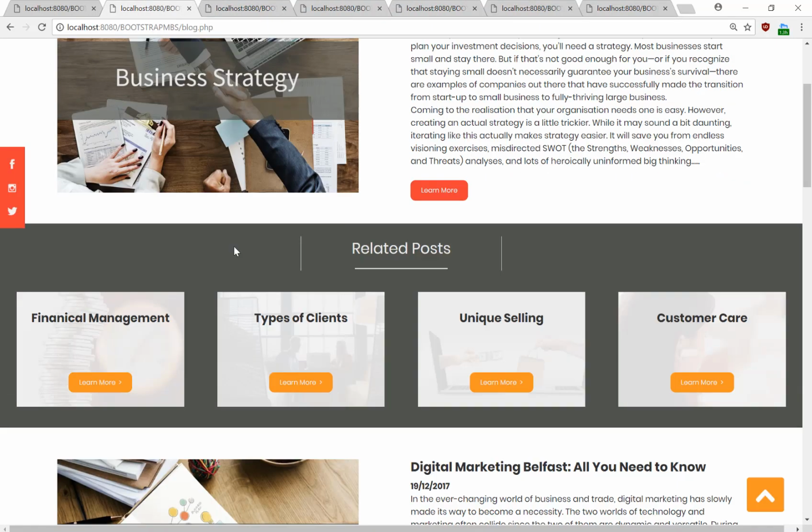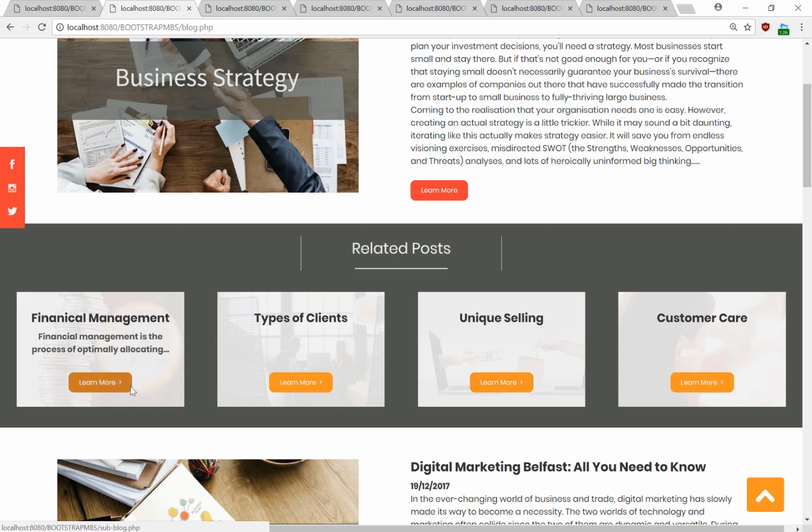And this section below the above blog are directly related to the business strategy, which we've seen above. So when the user hovers over this area, the opacity of the images change, and a description of each section appears once you hover over that direct image. The learn more button takes you directly to the main ProfileTree website where we have the full blog posts,